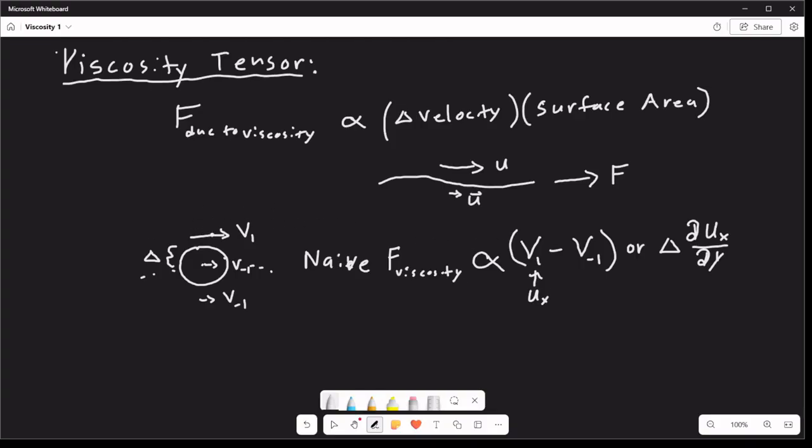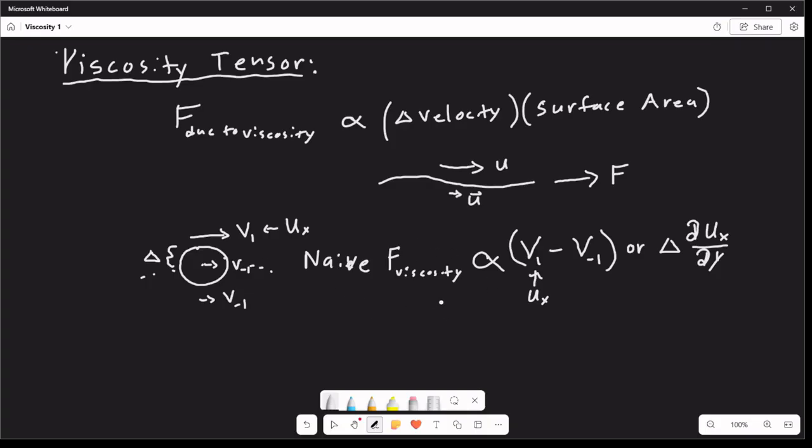The u, which is the velocity in the x direction, is essentially the u_x at that location. So the u_x at that location versus the u_x at this location is proportional to the change in u_x across this distance. And that should be proportional to the force of viscosity in the naive sense, but that is not actually what